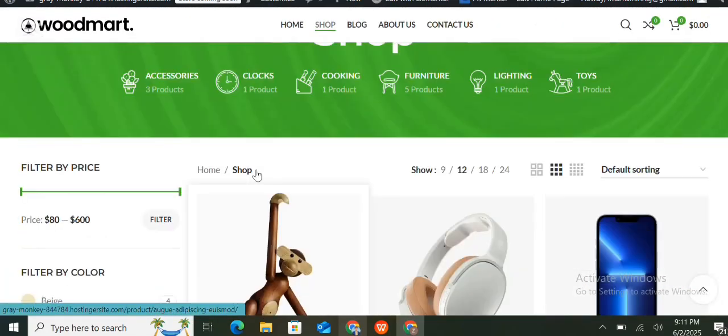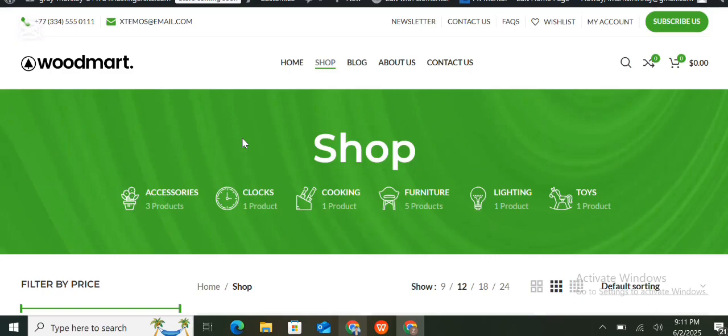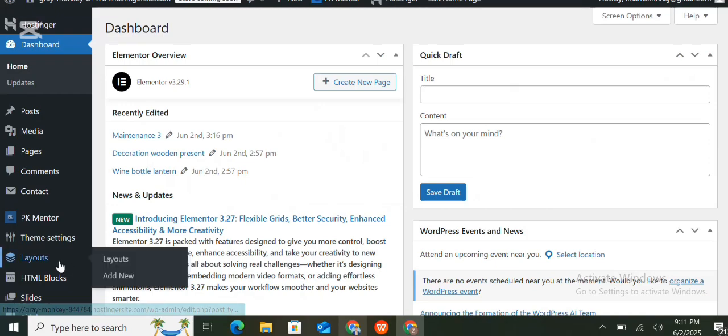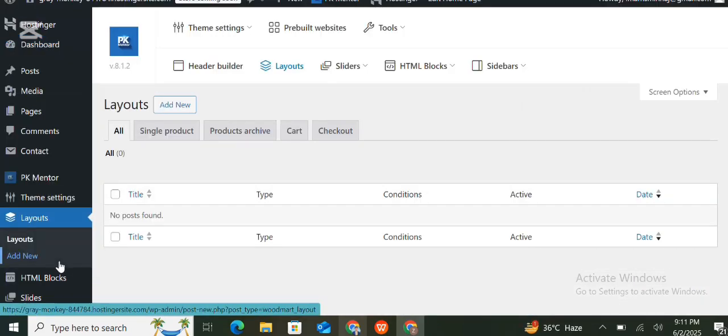In today's video, I am going to show how to customize your WooCommerce shop page using the WoodMart theme and Elementor or WP Bakery. If you want your store to stand out and convert more visitors, this video is for you. So first go to layouts